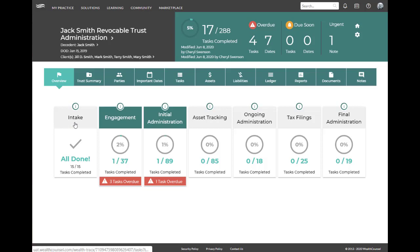There are tasks related to intake, engaging with the client, the initial administration of the trust, the tracking of assets owned by the trust, the ongoing administration of the trust, tax filings, and then the final administration. You can see in this particular administration, we have 3 overdue tasks in the engagement phase and 1 overdue task in the initial administration. Up in the top, you can see a dashboard that gives you an indication overall. If you're administering more than one trust, you can get a quick picture of how far you are along in